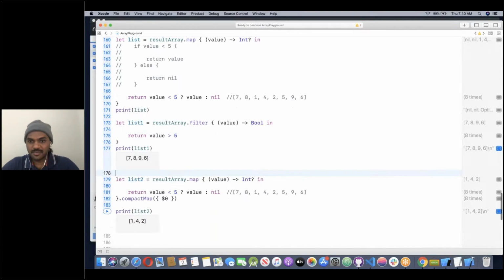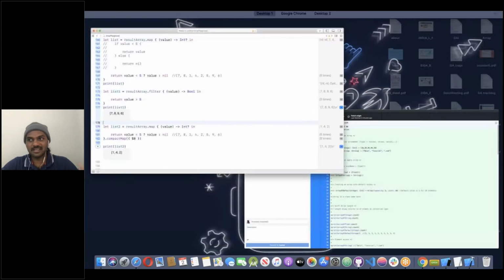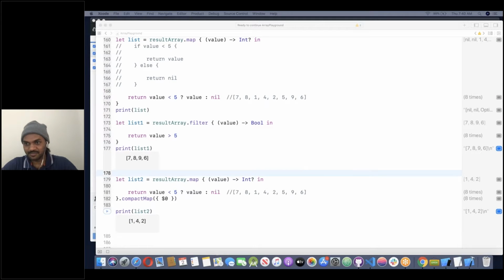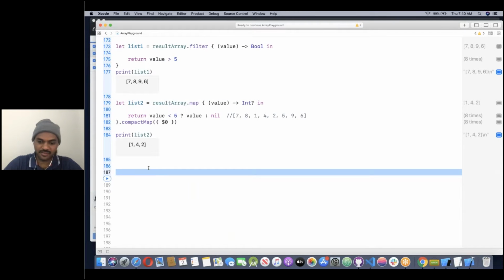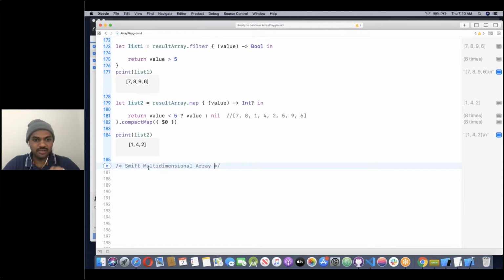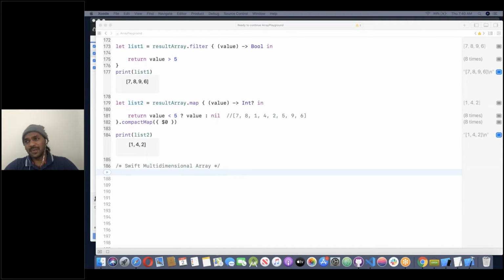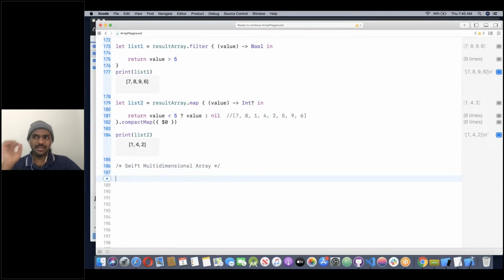So this is map and compactMap, and finally one more syntax exists, that is multi-dimensional array. This is the final one for today's session. It's a simple way: creating multiple arrays, or placing an array within an array, is called a multi-dimensional array. So I can say simply: